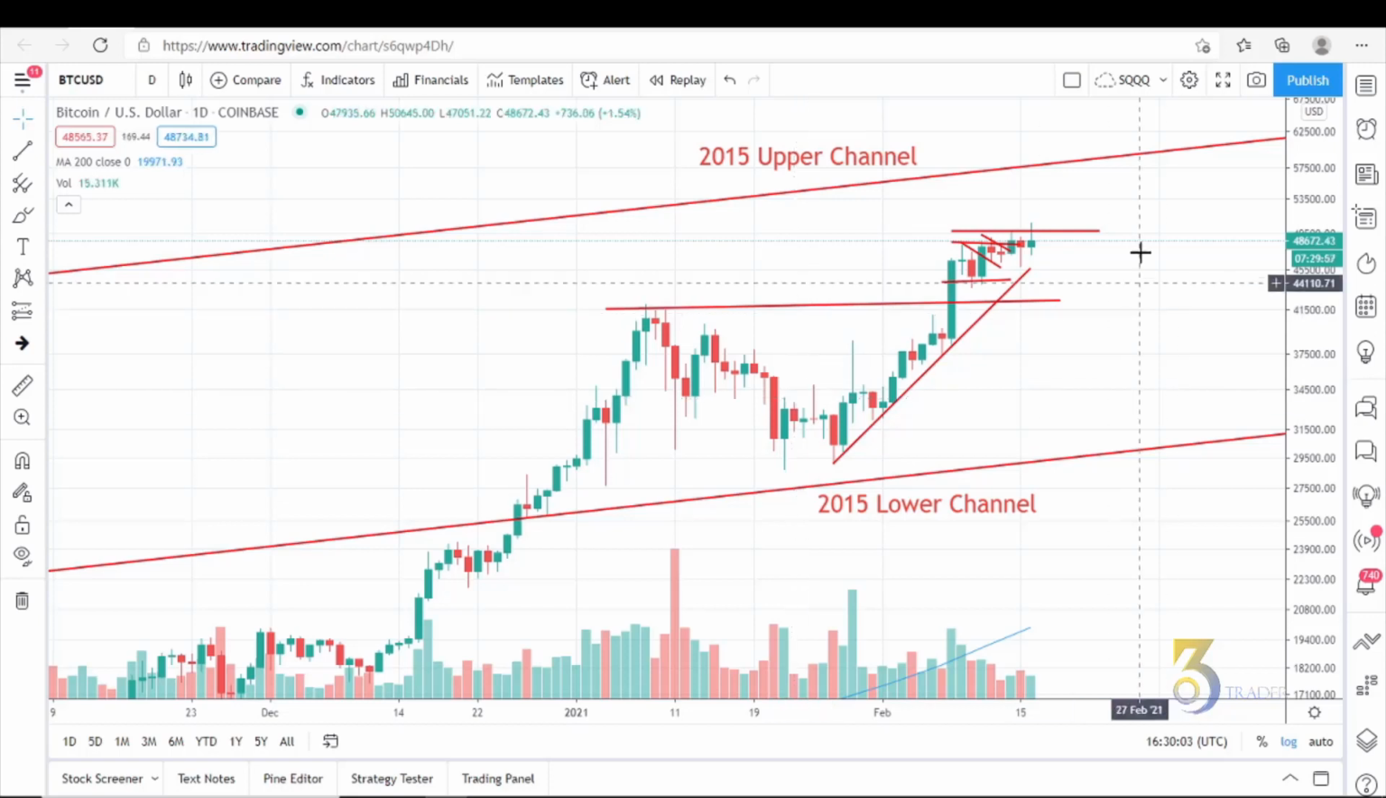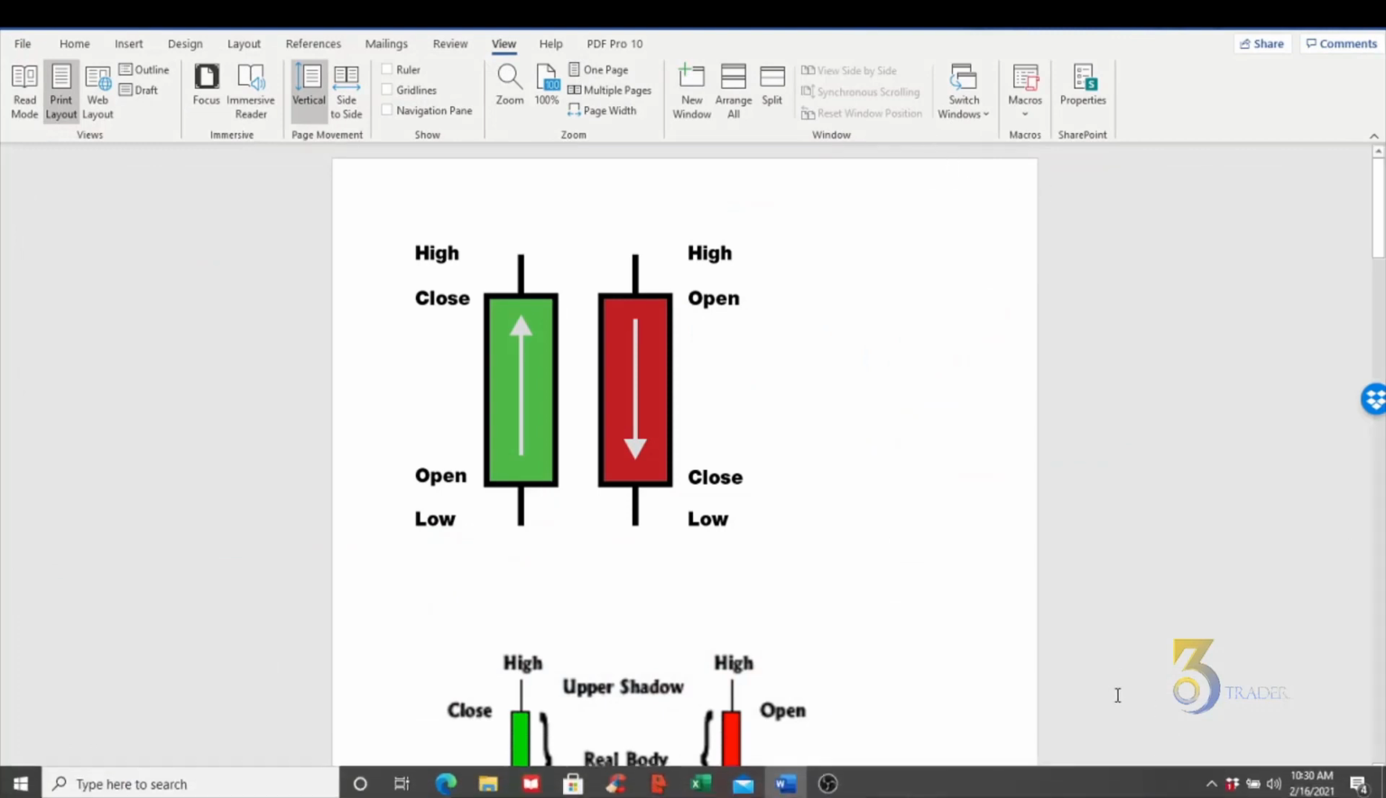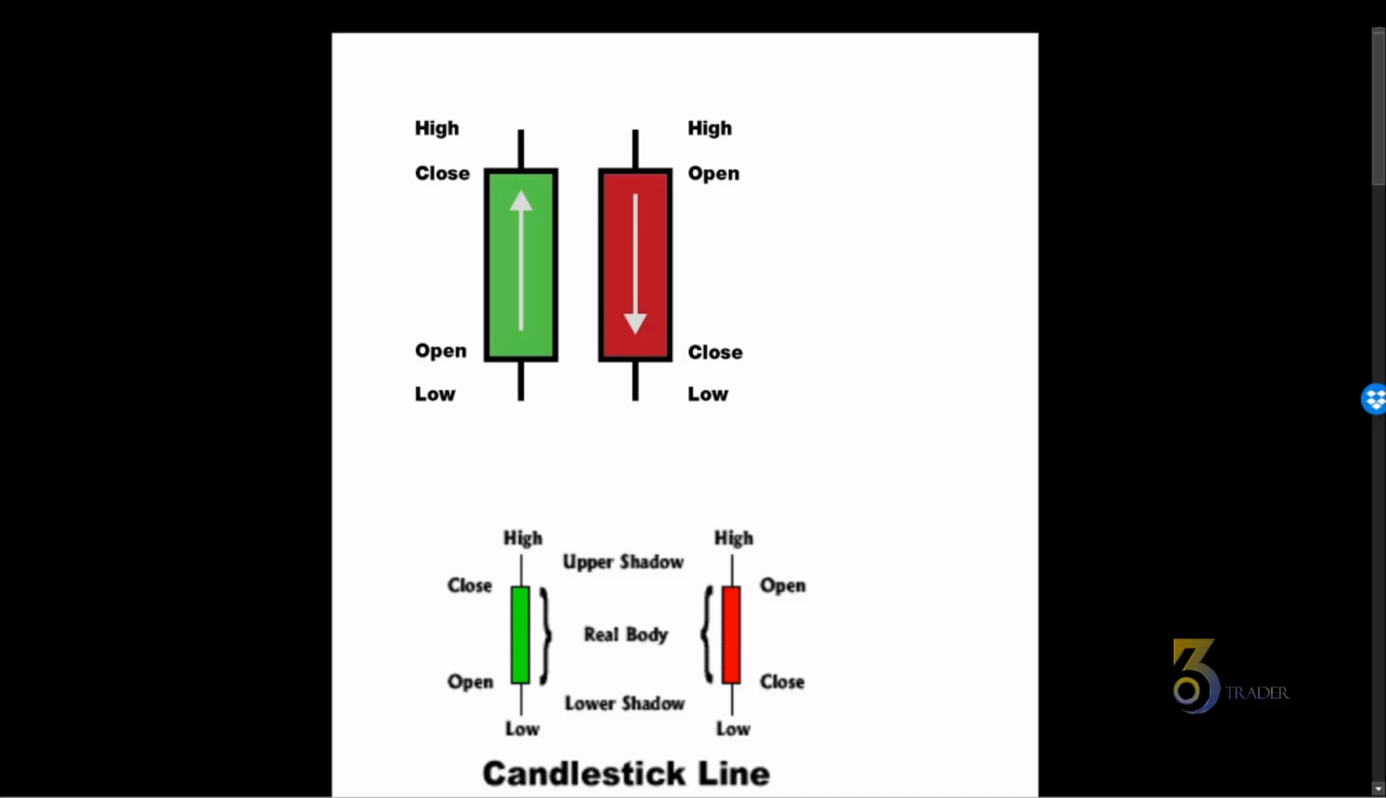So let's go ahead and pull up our candlestick training, and let's focus. So this is basically the structure of the candles. It should be obvious to you that green indicates the price went up in some format, and the red indicates that price went down in some format. Now there's a little bit more to that story. So let's talk about